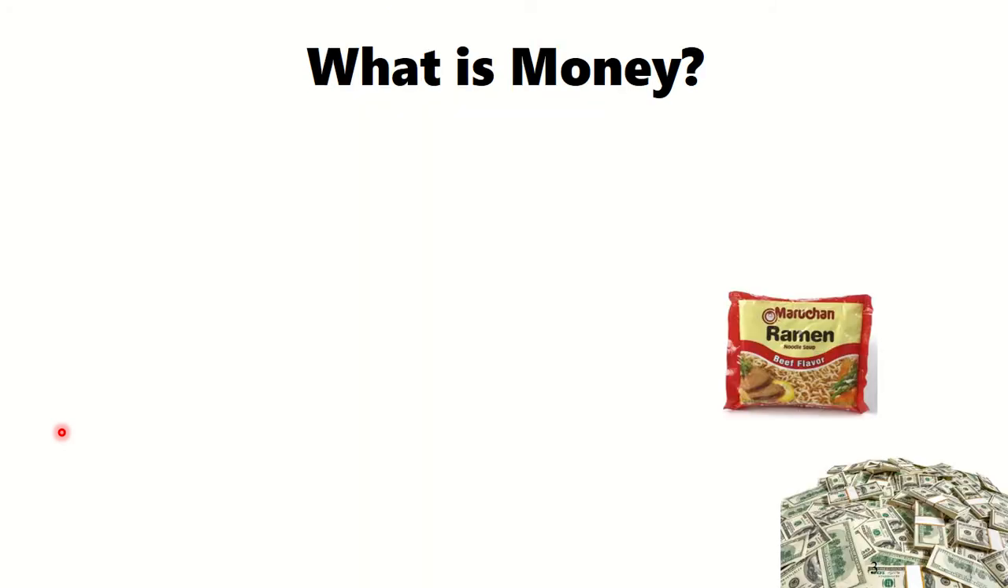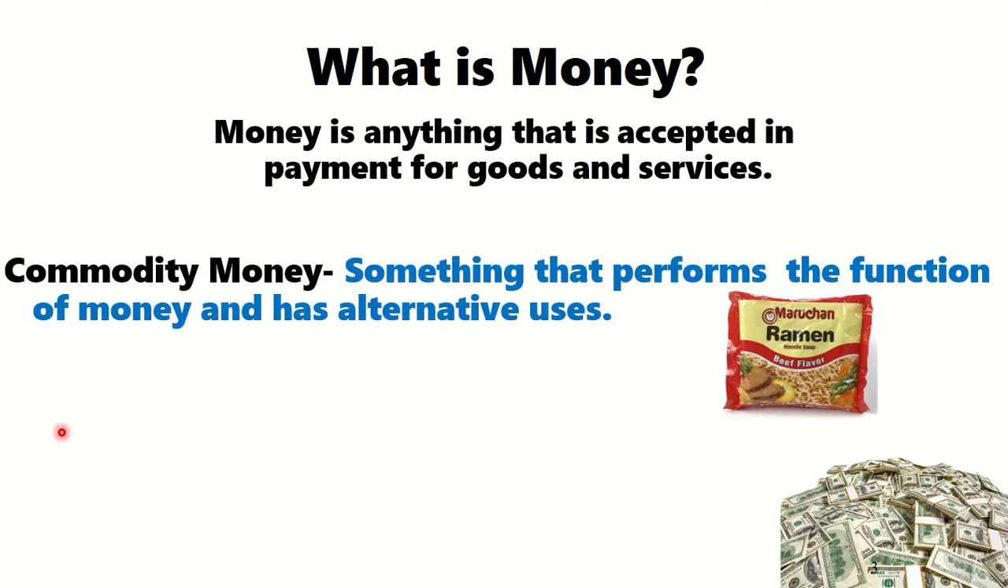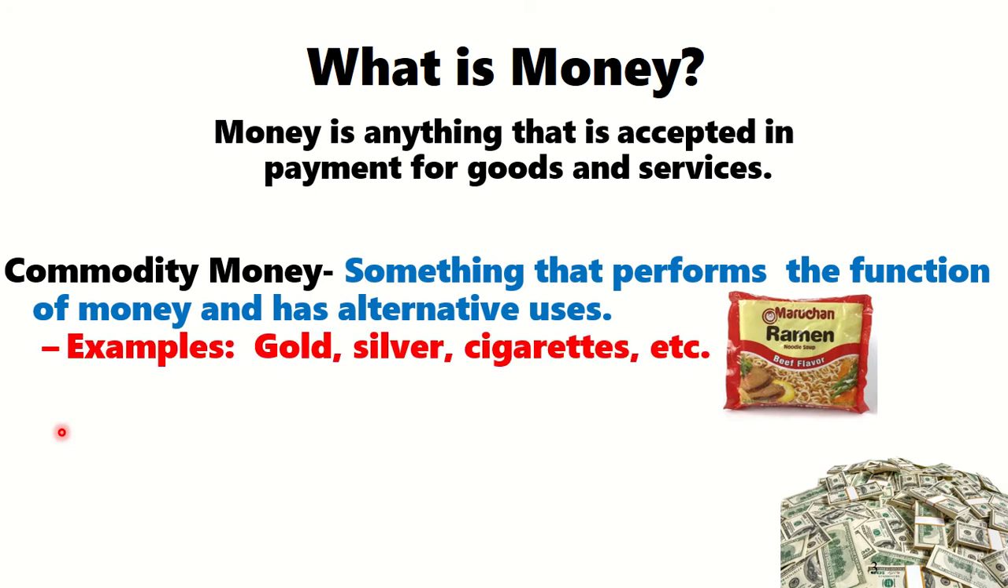So what is money? Well, it's anything that's accepted for payment of goods and services. There is such a thing as commodity money, so that's anything that performs the function of money. Cigarettes, gold, silver,